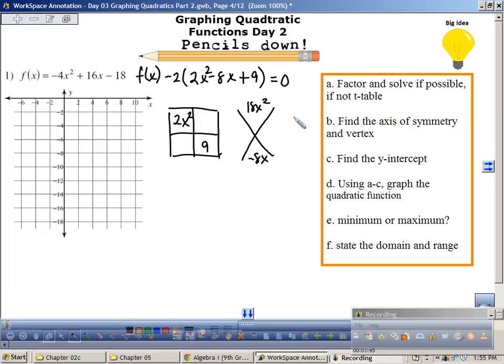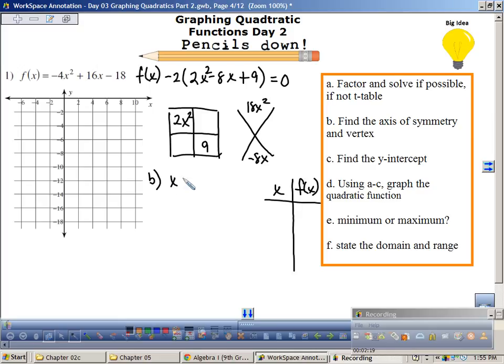So let's take that and say to ourselves, I'm going to factor and solve if possible, but if not, I'm going to write myself a t-table. But I'm not going to do it traditionally like you use a t-table. I'm going to use an educated guess on what I need to put in that table. I'm not just going to throw values in there. So I'm going to start with